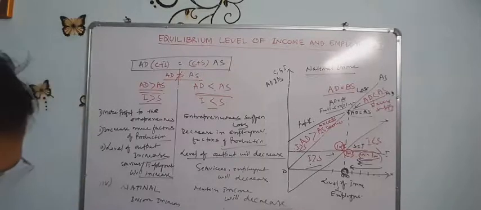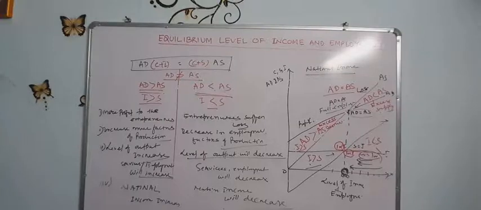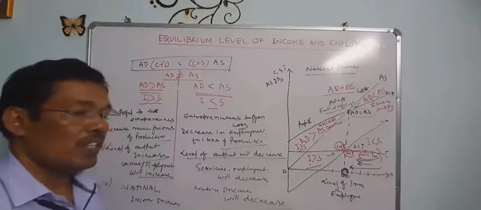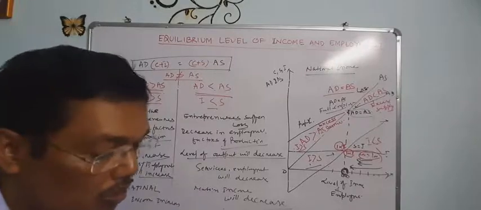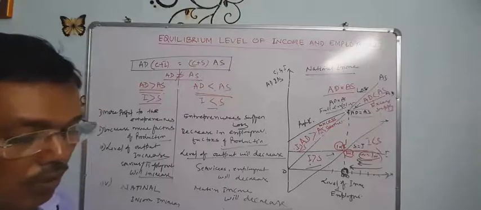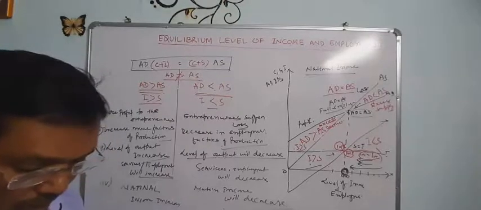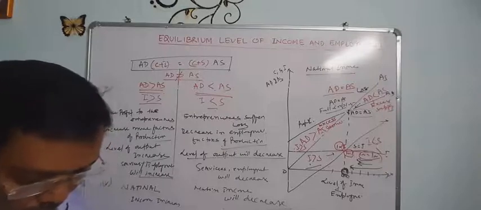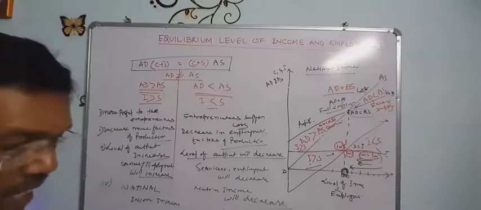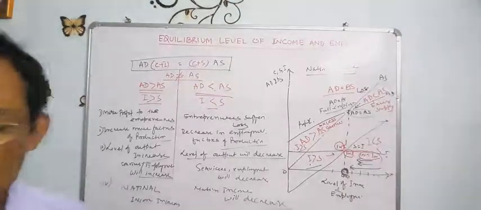In the short run, aggregate supply is assumed to be fixed, because this analysis is only for the short period, not the long period. So sometimes it is said that Keynes's theory of employment, when we are discussing the equilibrium, is a short period analysis, the determination of equilibrium level of income and employment. In case of an underemployment situation, the level of income can only be increased through a rise in aggregate demand, but that is not the real solution.